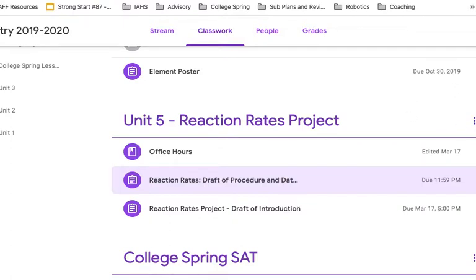I have gotten a lot of questions about the procedure and data section of the reaction rates lab report, partly because a lot of you don't have data, either because you didn't do the experiment, or because you didn't bring your binder home, or you don't have the data for some reason. Anyway,